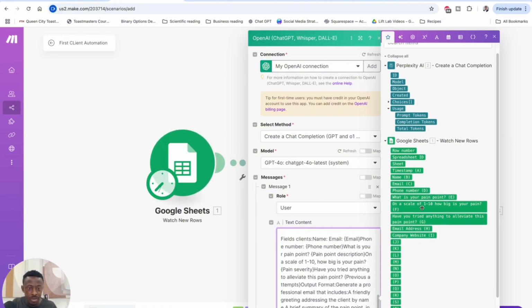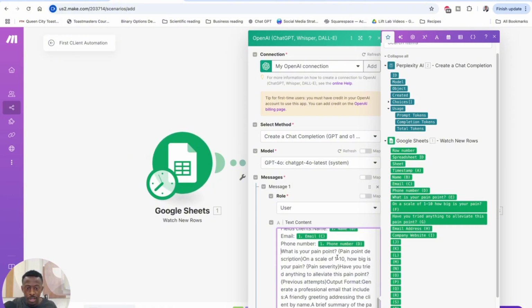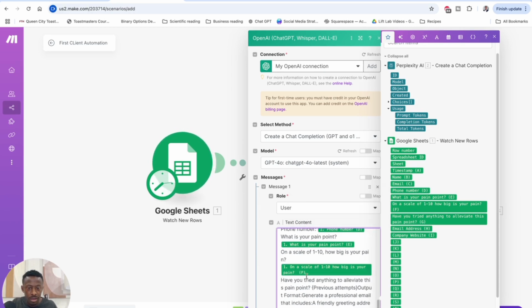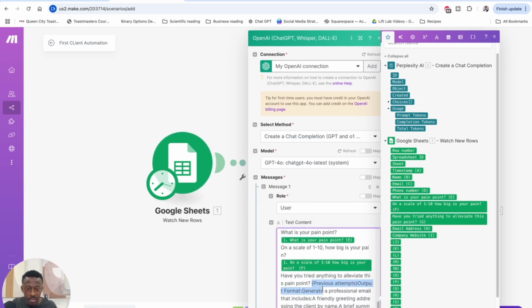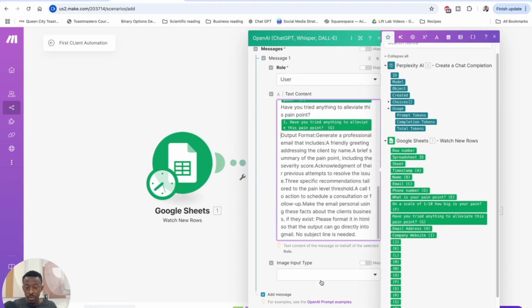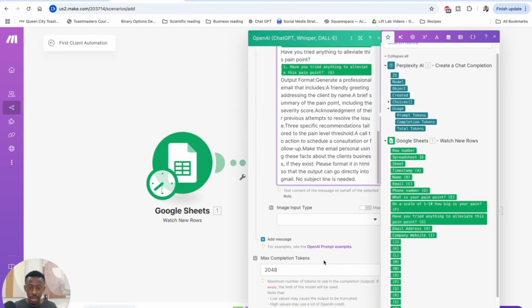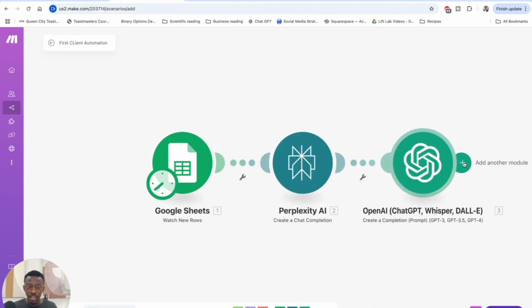Client's name, if you go to this, name from the Google Sheet, easy. The email of the client, easy. The phone number of the client, easy. What is your pain point? Super easy. And on the scale of 1 to 10, how big is your pain point? And then lastly, have you ever tried anything different? Okay. So those are the only variables that we need to change in that. Everything looks good to go. Just press OK. And then this next part,